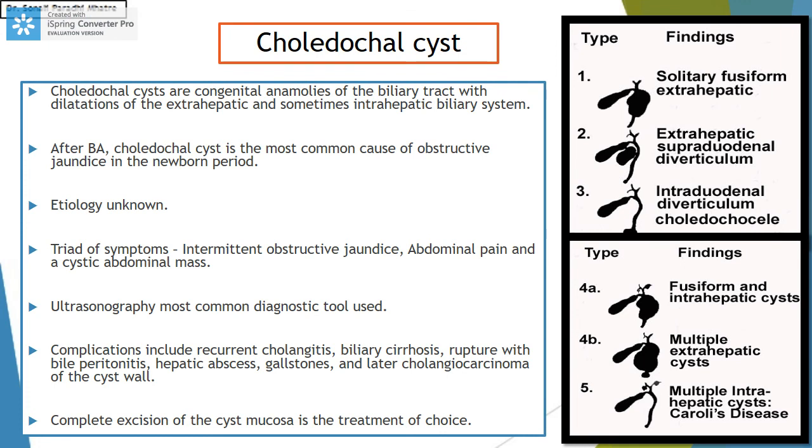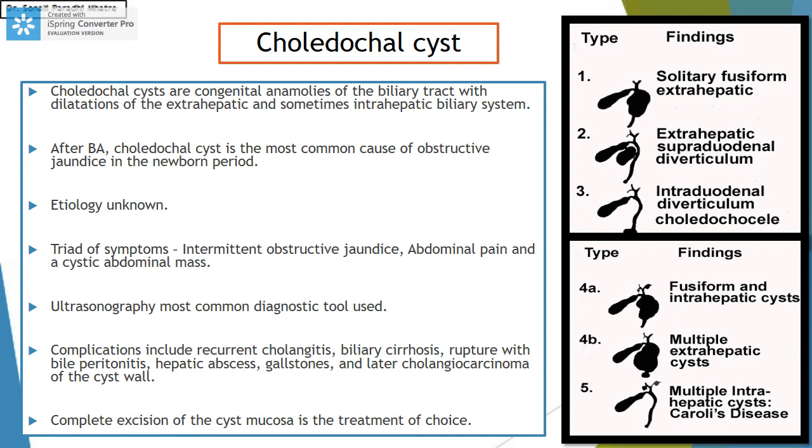So that was biliary atresia for you. We'll just have one slide each for the rest of the causes because we need to know what they are. These are not very common, but yes, we need to keep them in the back of our mind whenever we have a child with direct jaundice.